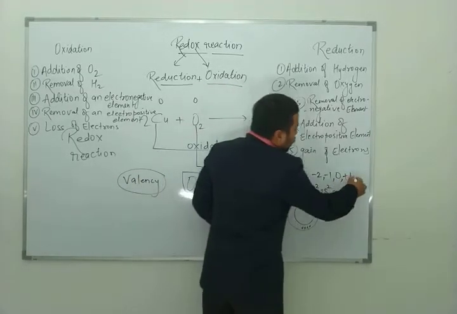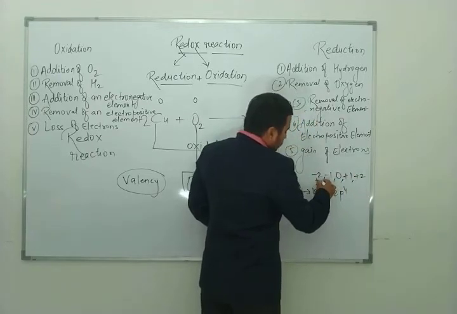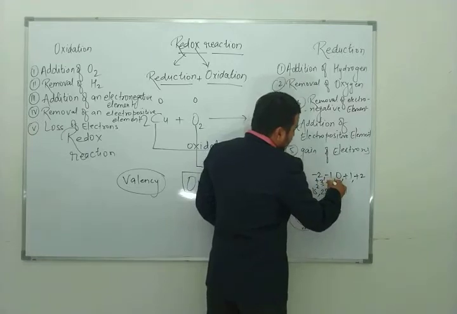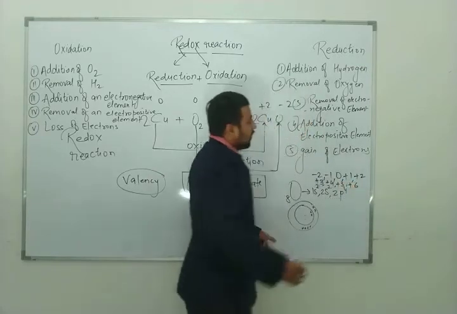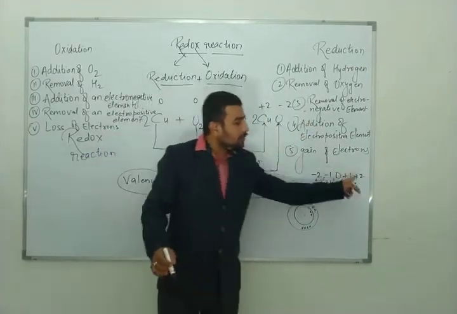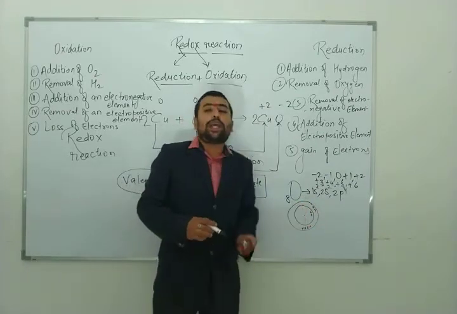Then it has removed 2p3, then 2p2, then 2p1 electrons. Then it has removed 2s2 electrons, then 2s1 electrons. Means slowly it has removed all the electrons from the second shell and it has completed a duet in the first